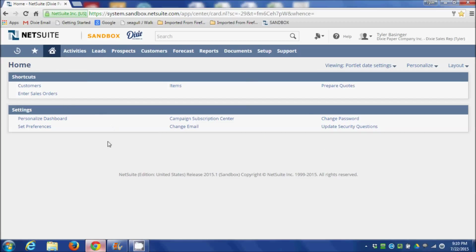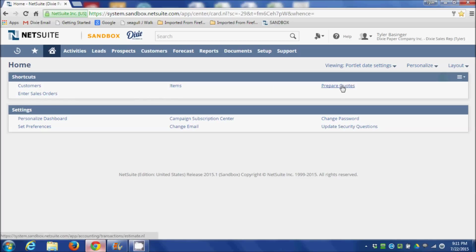A couple items, you all should now be seeing a screen similar to this, where I've cleaned it up a bit, and basically you have your shortcuts. So it's really right now in the beginning the main, maybe the only area you're really going to be dealing with. Just have your customers where you can go to see all your customers. You enter your sales order,